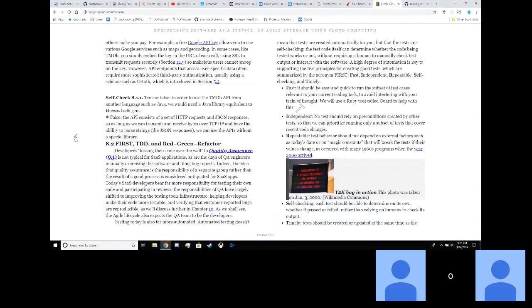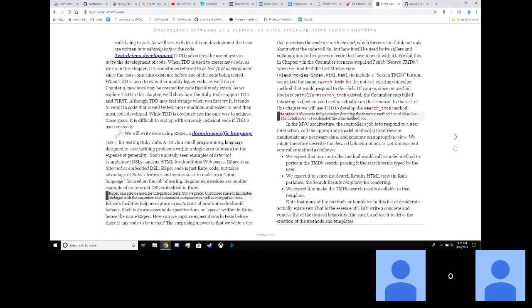Tests are automated if they can check the code being tested without requiring a human to manually check test output or interact with the software. A high degree of automation is key to supporting the five principles of good tests, which are summarized in the acronym FIRST: fast, independent, repeatable, self-checking, timely. Test-driven development, TDD, is used to extend